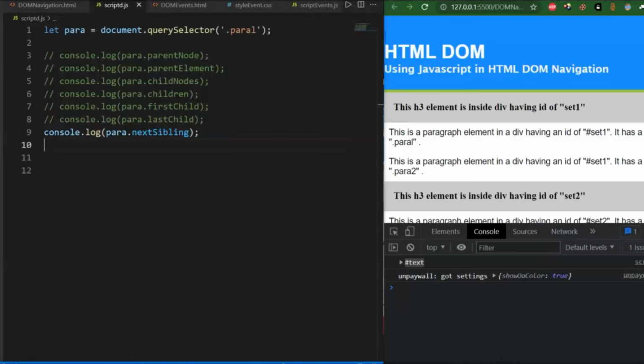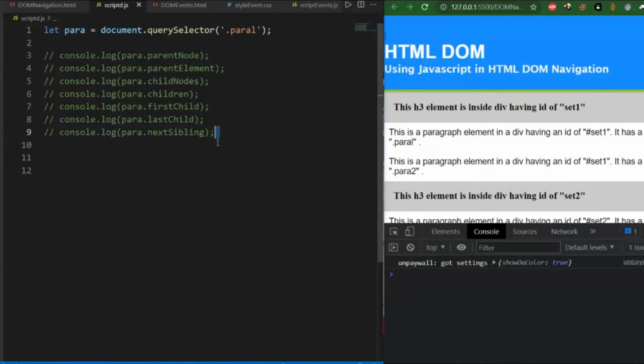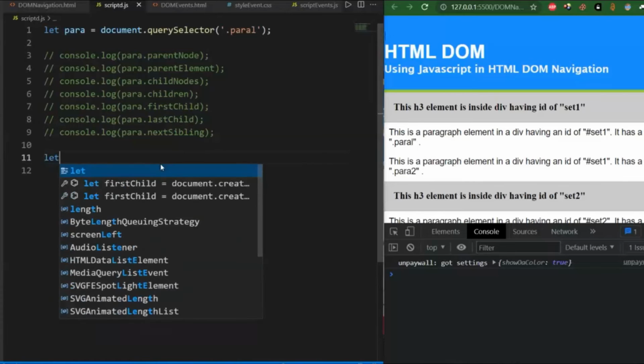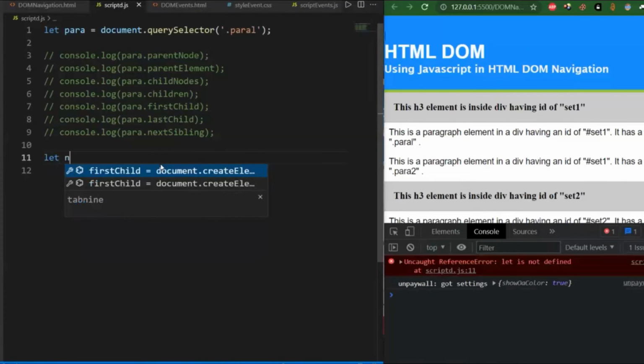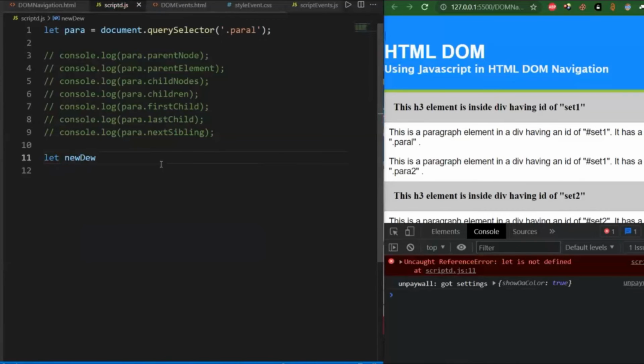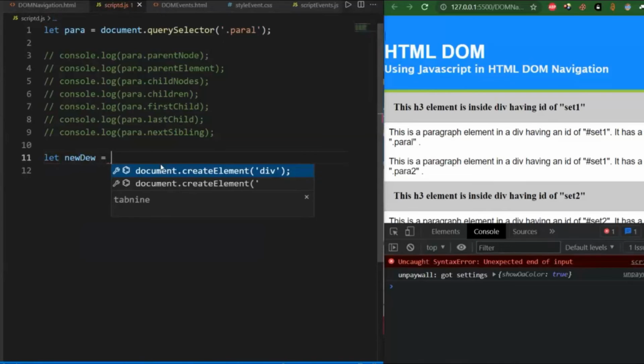Now, another concept: if you want to add contents to the HTML document. Until now we were discussing how to access it, how to modify it, how to apply properties like background color and so on. Now if you want to add new contents to the HTML, how do you do it? For example, let's create a new div. This is just a variable, you can give any name. So document dot create element,